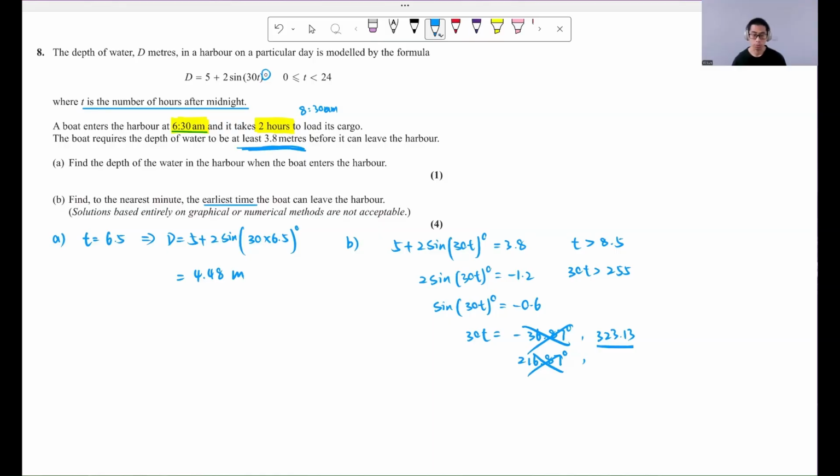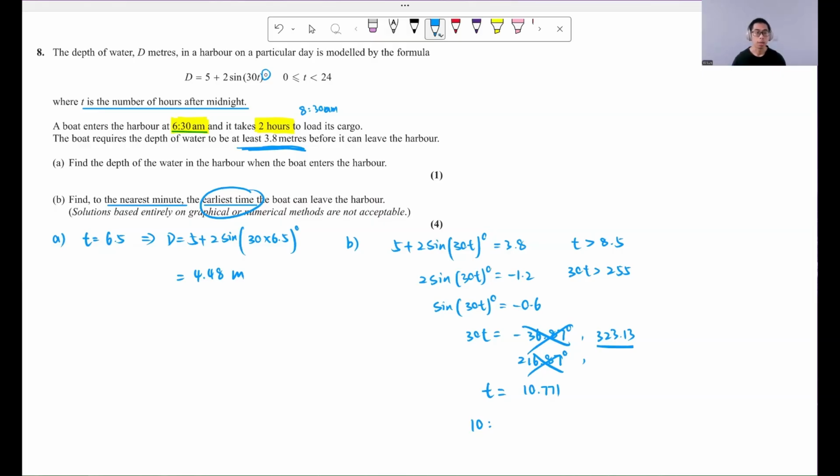So now we just have to divide by 30. 323.13 divided by 30 is equal to 10.771. And they want the nearest minute for the earliest time, so we need a clock time. So it has to be 10 o'clock and 0.771 times 60 is equal to